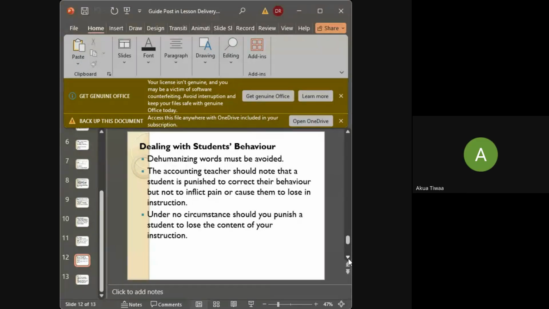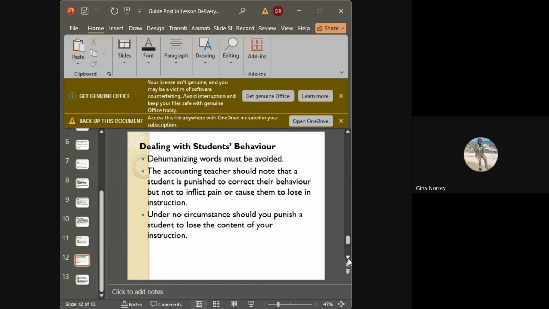So probably you know the student, the kind of student, and then the kind of punishment maybe you would give to him or her. As I'm saying, if he is following you, you will not see what he is doing behind you. So by the time you realize, people will be laughing.